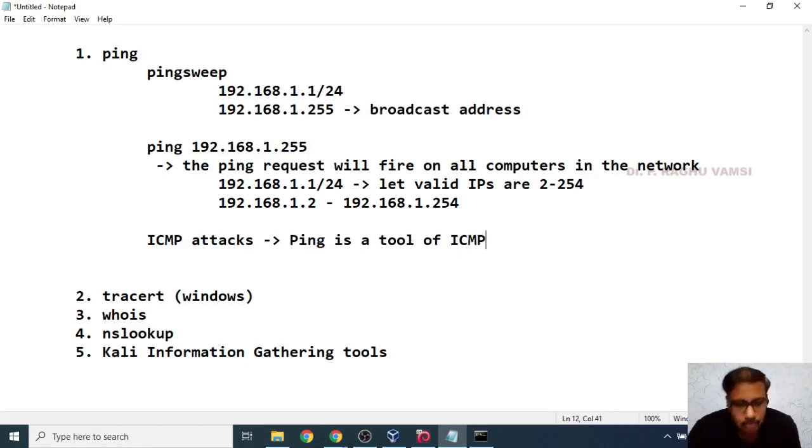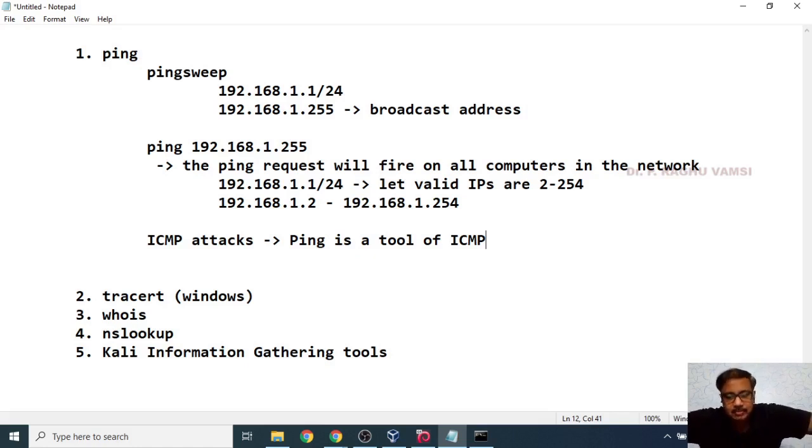So this ICMP protocol will be used for this ping operation. So Internet Control Message Protocol will be affected once they find some sensitive information via this ping sweep.